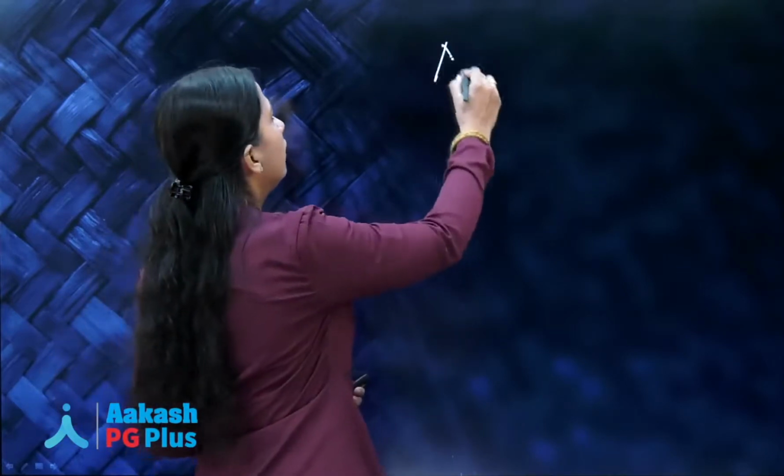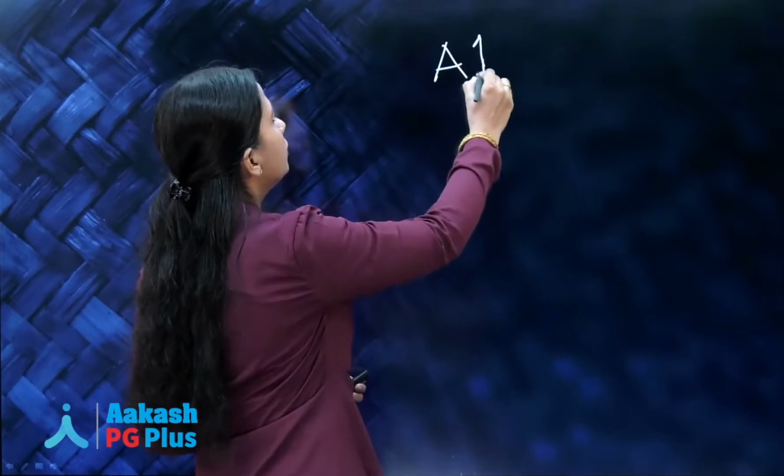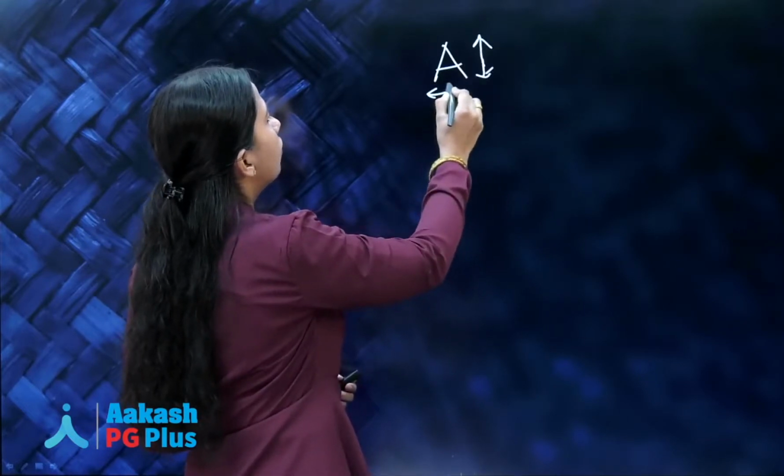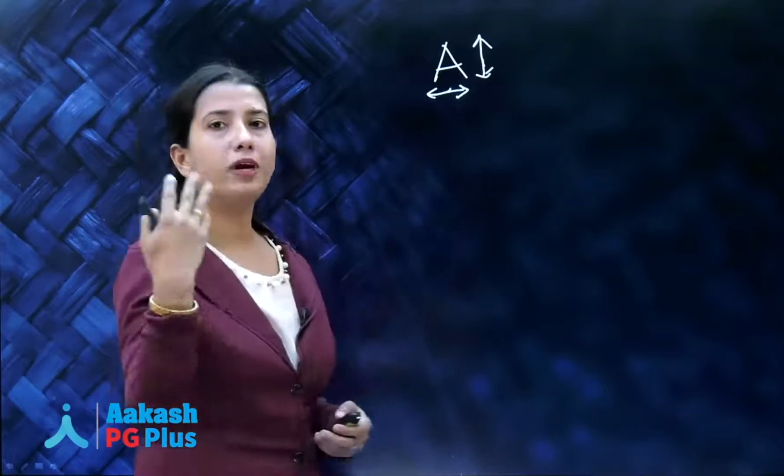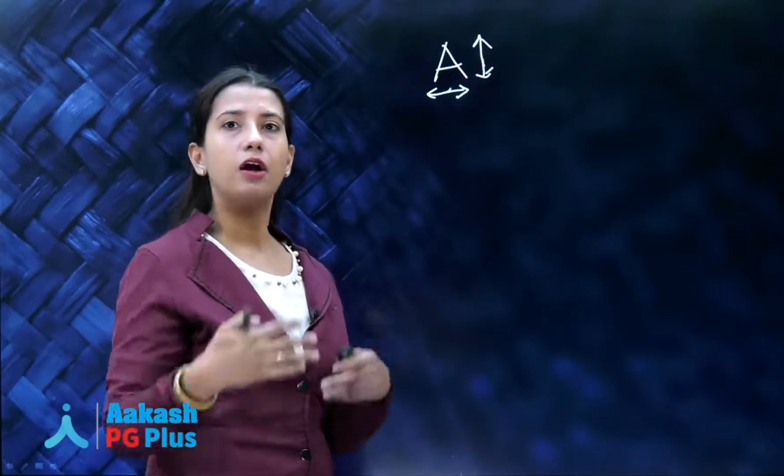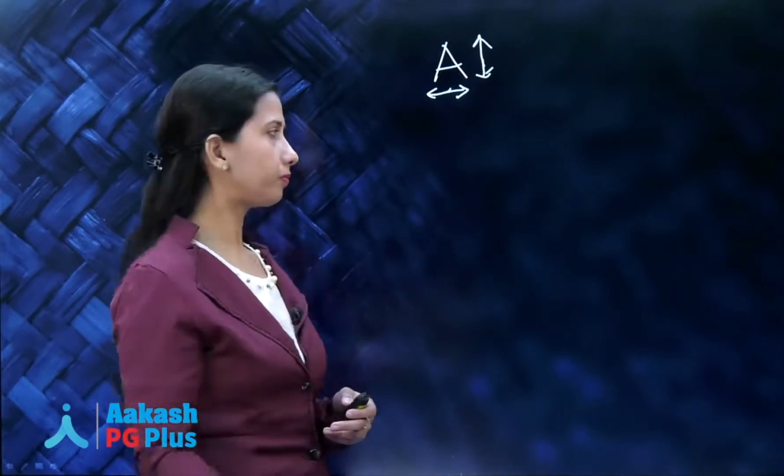Now we live in a world with 3 dimensions: length, width and height. Some of you might say, no ma'am, there are new 4th dimension and 5th dimension, but I will stick to what I know. Suppose we are looking at an object like a Snellen's chart letter. Now it has got a vertical dimension and a horizontal dimension. So 2 bundles of rays will be coming to the eye, a horizontal and a vertical.